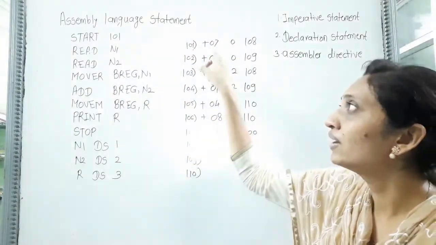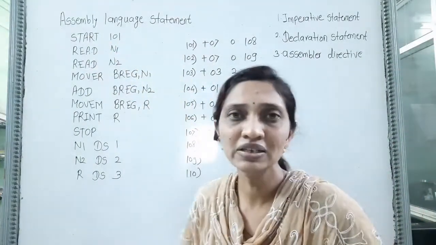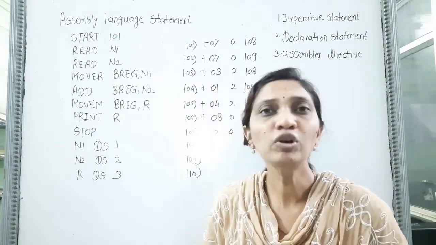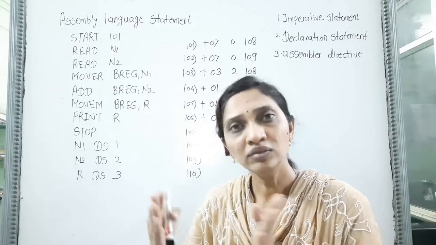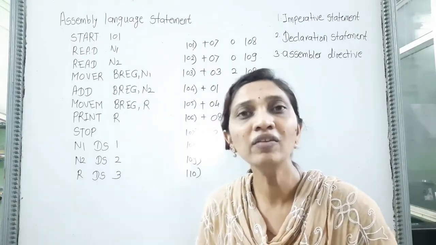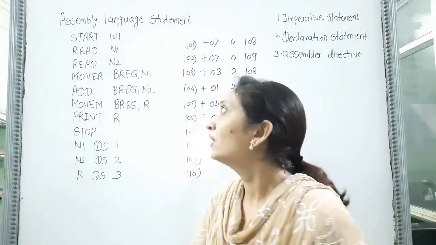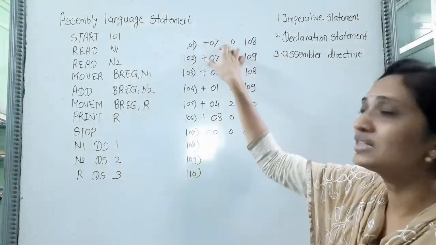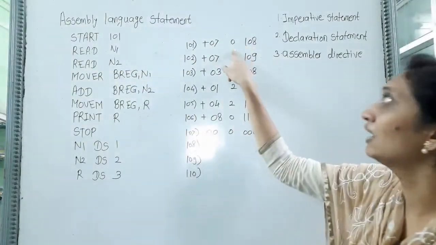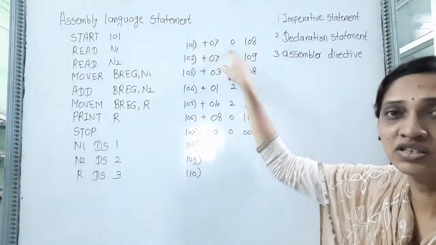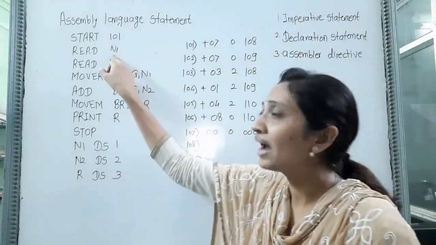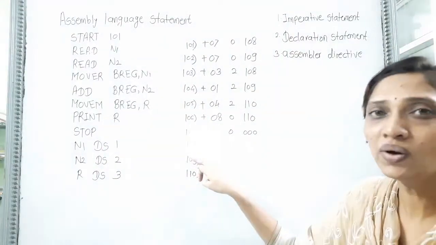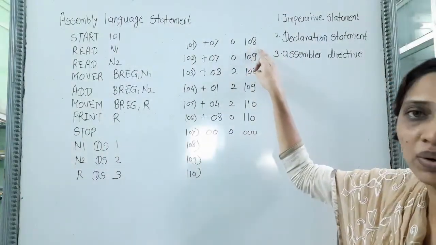For READ we are using the mnemonic opcode 07. Is any first operand present here? No. Do we have to perform an action? No, because if we have to perform an action, then two operands are required there. But here we have to read only a value. That's why only the memory address is given. So no register is present there, so we give the register value, the first operand, as 0. Then after that N1. Now N1 is stored at which location? 108. So we give here 108.